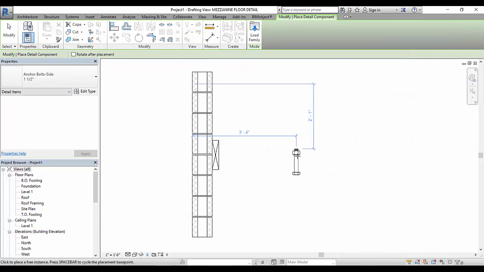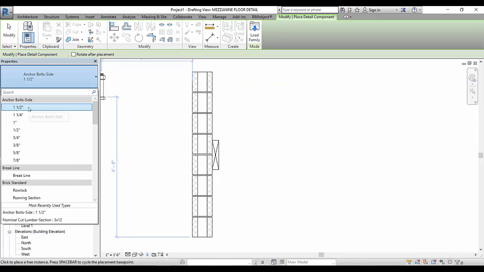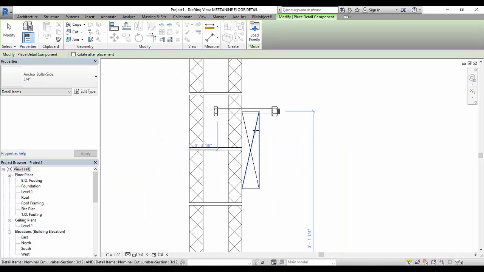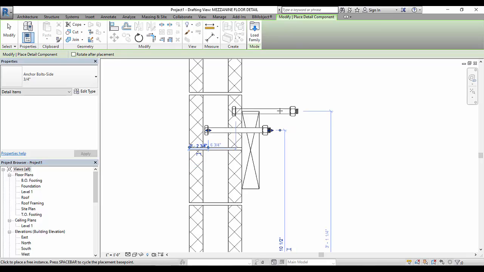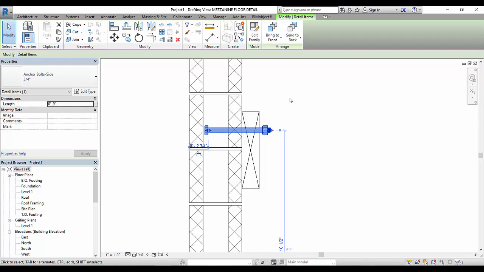Now if I reference the detail again, that anchor bolt from the side is supposed to be a 3/4 inch diameter anchor bolt by 8 inches long. So in my properties, I'm going to go and change in my type selector to a 3/4 inch bolt. By using the space bar, I can rotate that bolt around, and then I can place it. Once it's placed, if I select that bolt, I can change its length now to be 8 inches in the